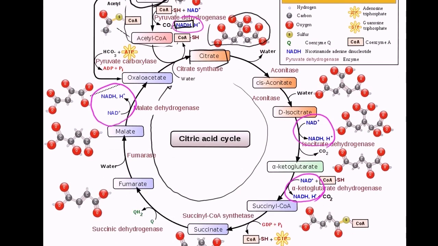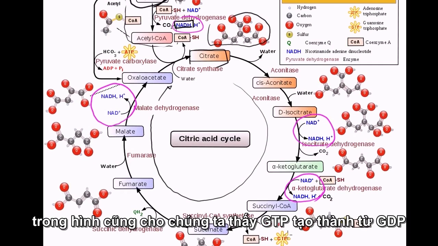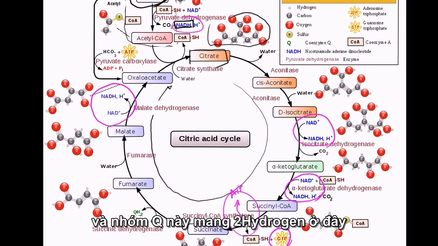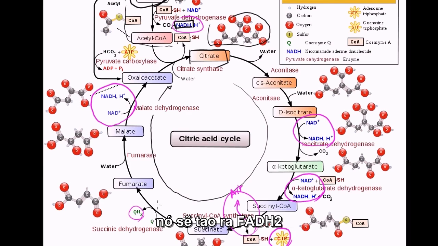Now we have, in this diagram, they say GDP gets formed into GTP. The GTP is just guanosine triphosphate. It's another purine that can be a source of energy. But then that later can be used to form an ATP. So this is just the way they happen to draw it, but this is the actual ATP that I drew in the diagram on the top. And then they have this Q group, and I won't go into it, and then it gets reduced over here. It gets those 2 hydrogens, but that essentially ends up reducing the FADH2. So this is where the